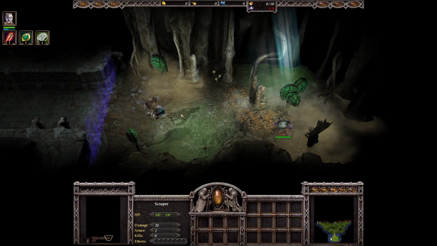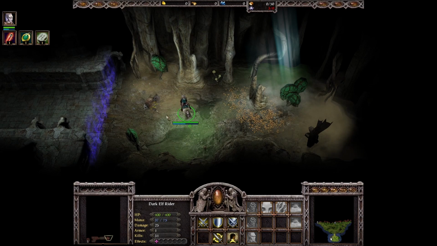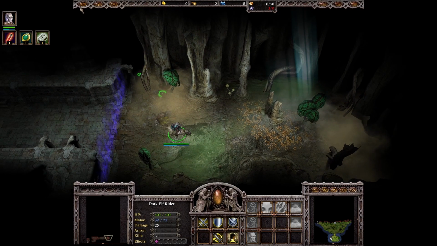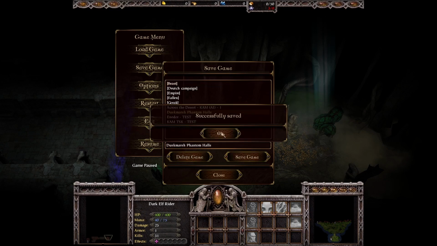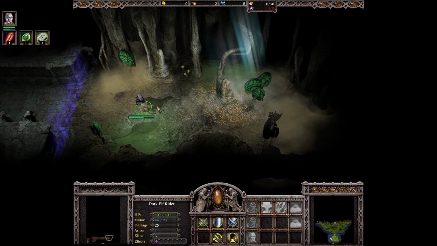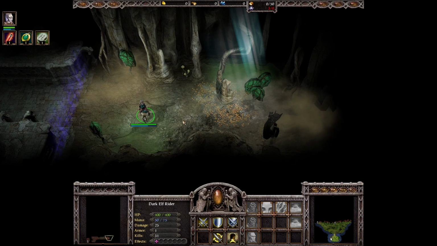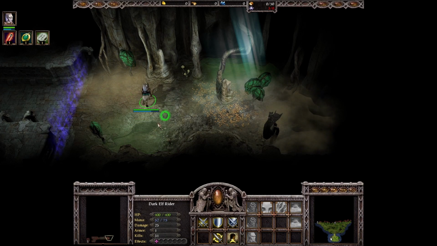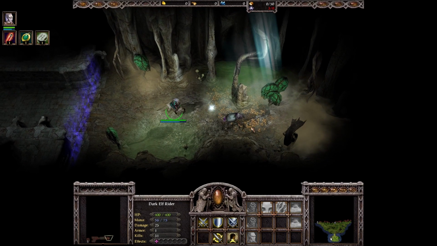Now I pulled this one, but maybe it's just better to wait for the skeletons. I don't know if we can even kill this. Yeah, but I mean we can just make another save. Of course, if you want to play this mode of Duskmarsh Phantom Halls on hardcore mode without dying, then you can. You just don't make saves or don't load it when you die. But I'm just doing this for the video to show how the heroes work, so I don't really